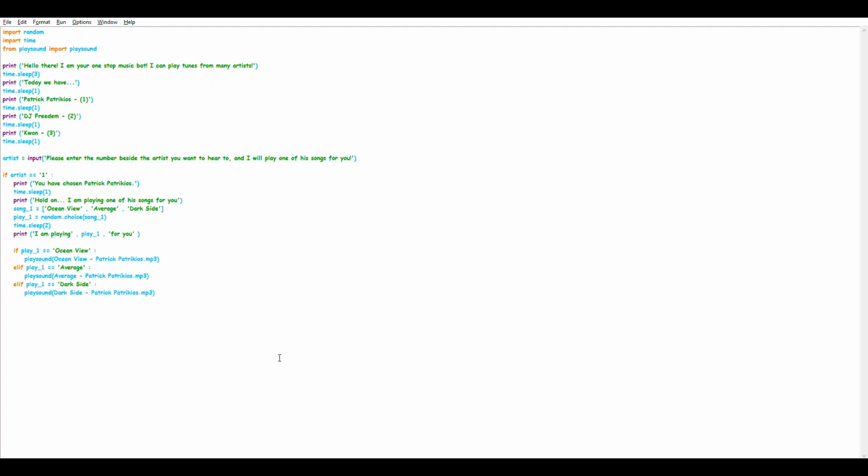In a similar way, I'm going to do this double if loop, like I'm going to do elif for the first if loop for DJ Freedom and Quan. Not to waste your time, I will just quickly type that out, and then I will run it and show you the final output. Alright, so let me type it.